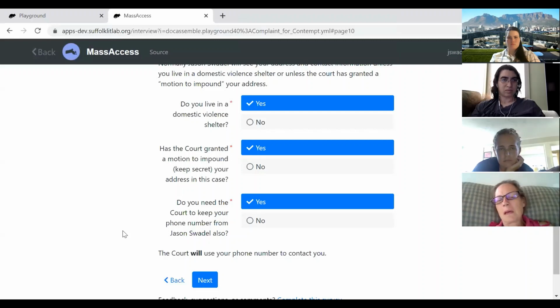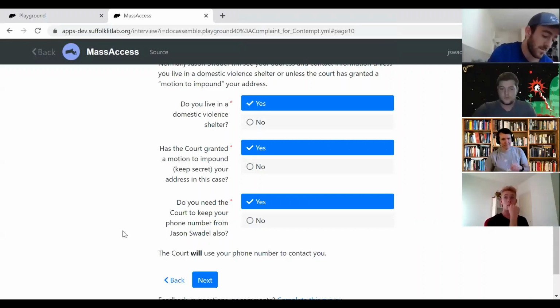The difference is between a motion to impound, which is not a proper name, versus did the court grant your capital M Motion to capital I Impound your address? Exactly. Is a motion to impound always about the address in the case as well?